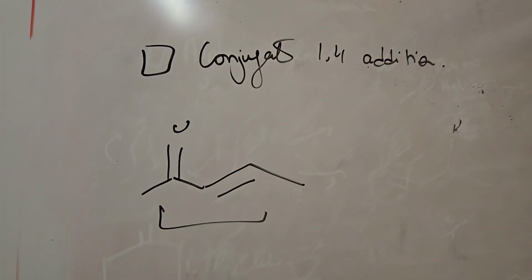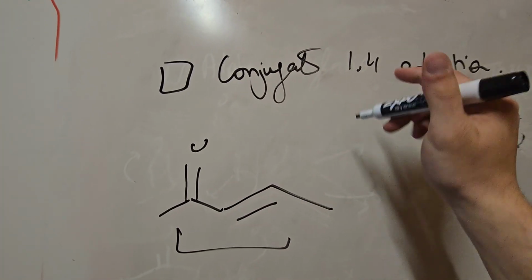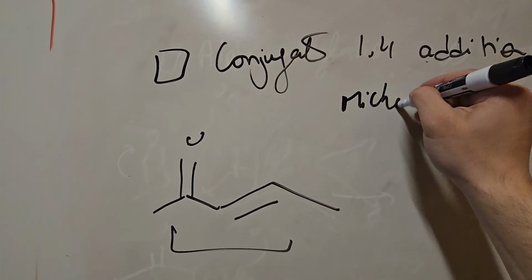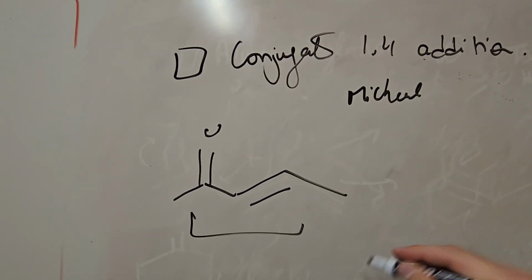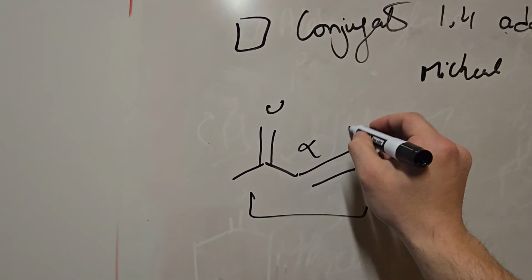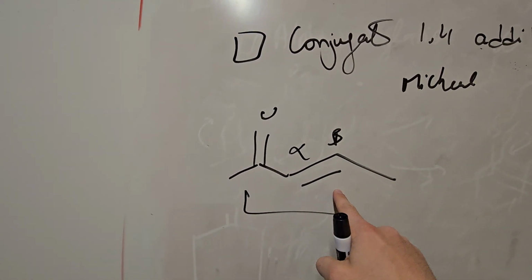Hello, this is a video on Michael additions or 1,4 conjugate additions. This reaction, the Michael addition or the conjugate 1,4 addition, has to start with an alpha beta unsaturated ketone where